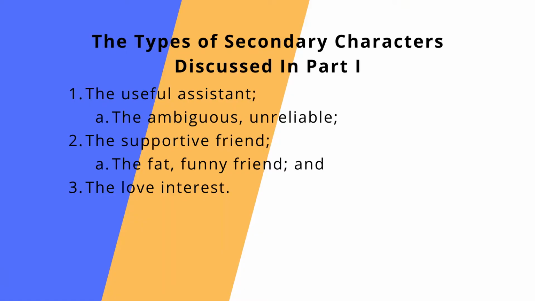In part 1 of this topic, we discussed the first 3 or 5 different types of secondary characters, depending upon how you look at it, and these were: 1. The useful assistant, 1a. His devious cousin, the ambiguous, unreliable ally, 2. The supportive friend, and 2a. His poor cousin, the fat, funny friend, and 3. The love interest. Today, we shall look at the final 3 different types of secondary characters, as well as when